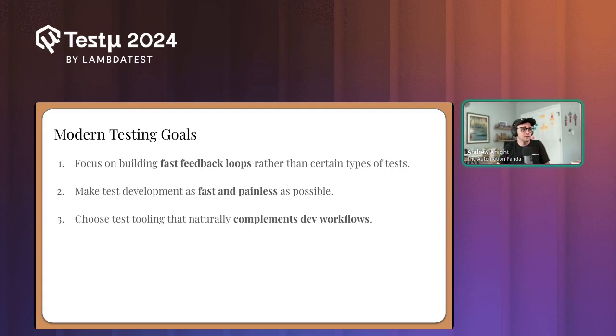And to do that, we want the ability to develop new tests not to be some arduous journey, but to be as fast and painless as possible, right? And then third, along with that, we need to choose test tools that naturally complement developer workflows, right? If you have to do a whole bunch of mental context switching just to write a simple test case,